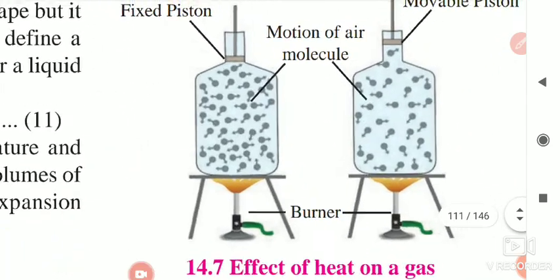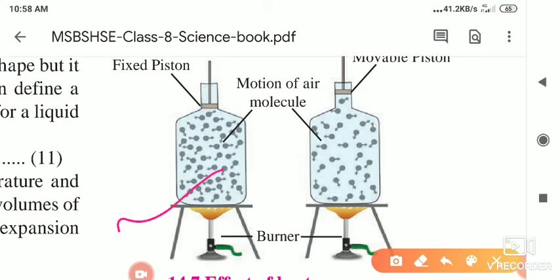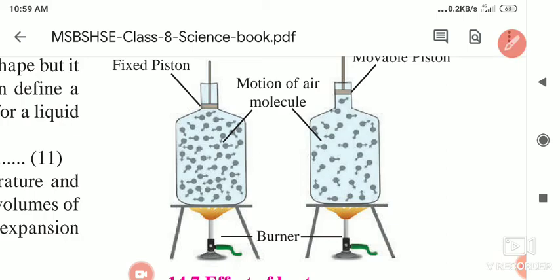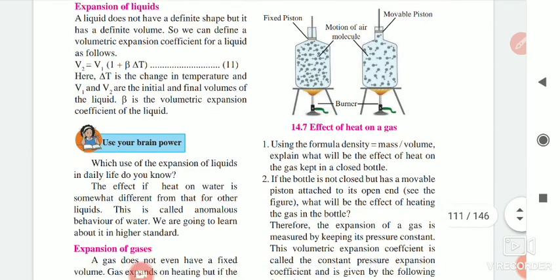Understood? And when the expansion takes place, you will see here they have shown the experiment. Initially, we take water in a jar and put a movable piston on it. When we provide heat to it, you will notice the position of the piston is here, and when we provide heat the water becomes hot and the piston's position rises. The meaning of this is that because of the heat, this much water expands. So from this we understand that the volume of liquids also expands when we provide heat to it.